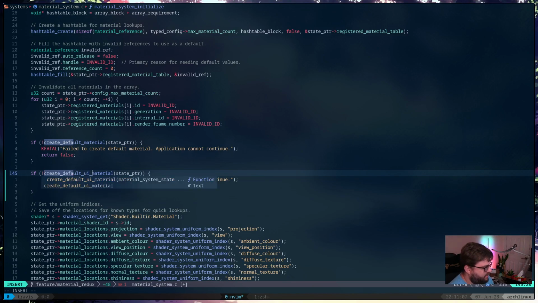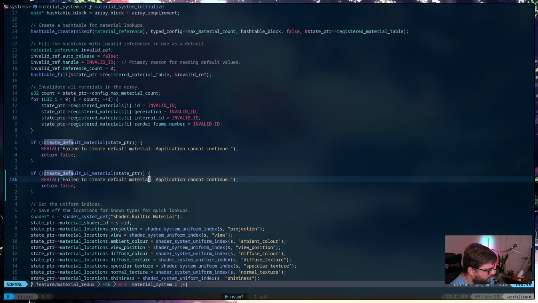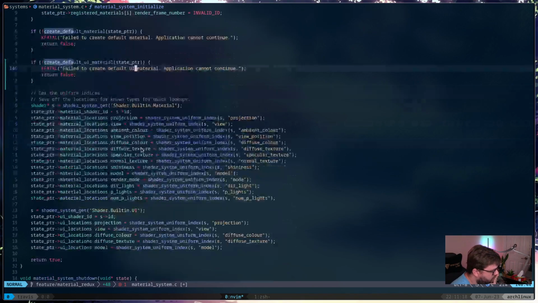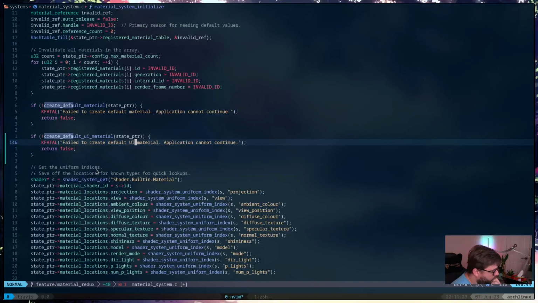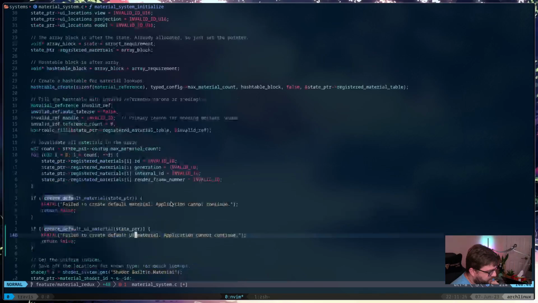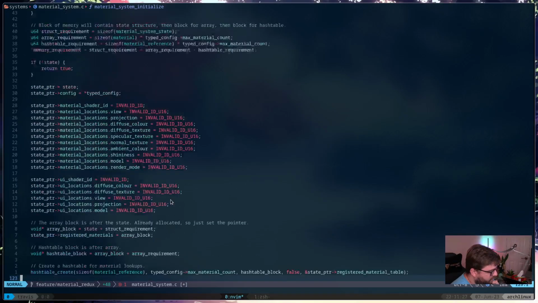Default UI material. All right. So we've got that. Here's where we save off those, so that should be fine. Like I said, I'm really surprised this actually didn't bite us much sooner.